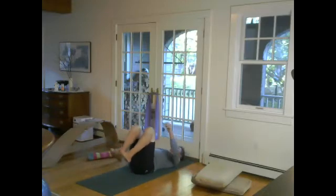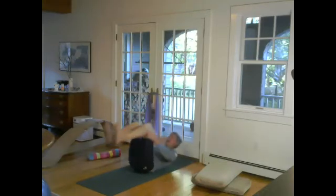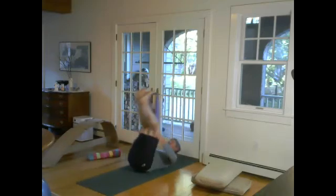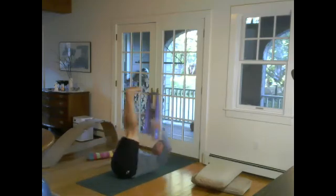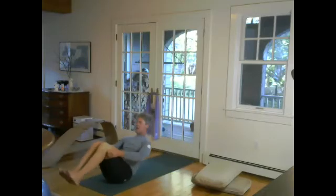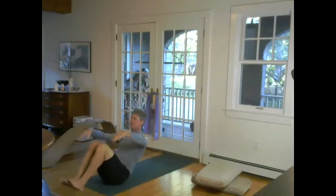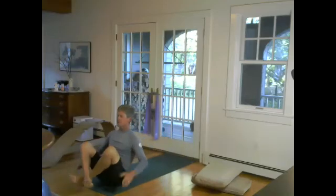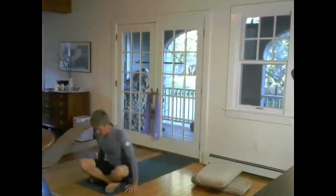Come back to center. Without the towel roll, we hug our knees, and then rock and roll forward and back, keeping your chin tucked. Again, just to warm up the paraspinals. Advanced folks, feel free to do a full roll back to plow. Each time, reaching back with the arms, and then finding your Navasana. Again, just tricky tricks to engage your core, and then we'll sit